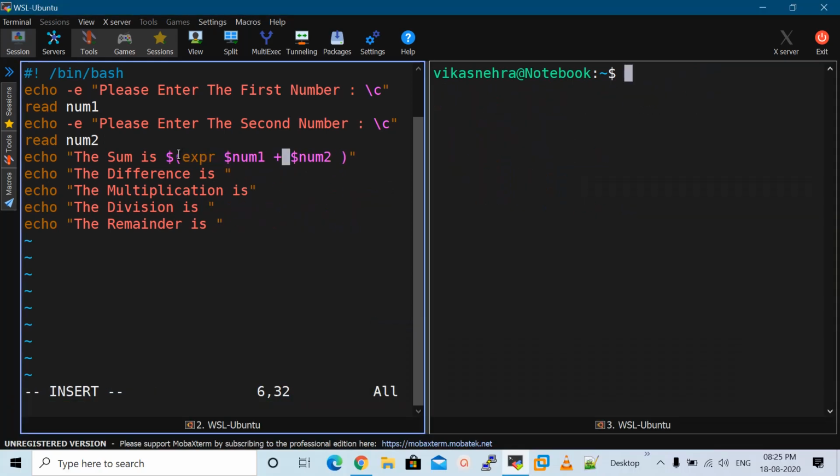In this method, we don't use the double brackets inside the operation. We use the single brackets along with the expr command like this. So here what we are doing, we are using the expr command and we are calling the values of the variables and we are using the single brackets. So by this method we can perform all the operations. So let me copy and paste, it would be easier.